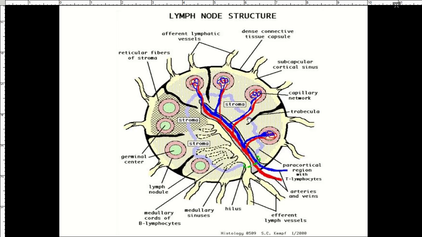Right. So that's everything about the lymph node. Everything about the lymph node that you have to check out